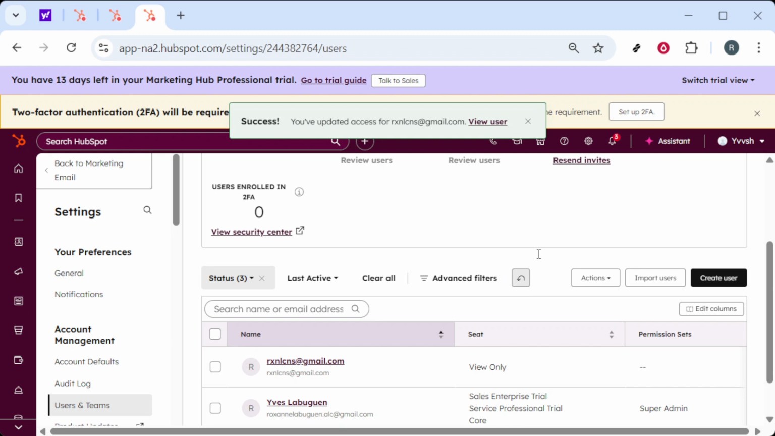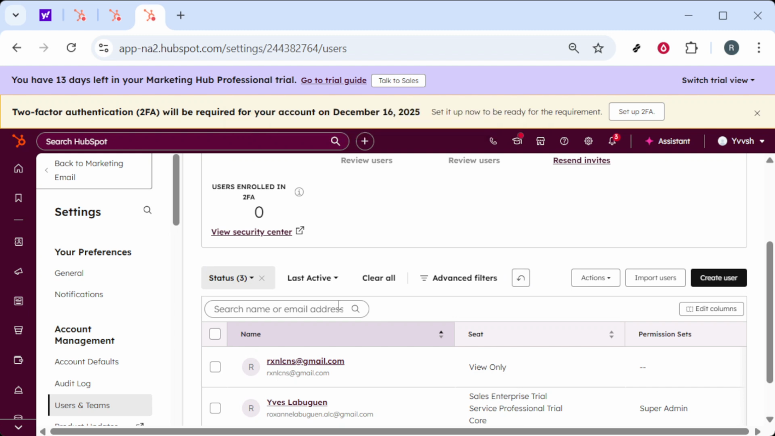smoothly. Keep permissions lean, only grant access to the people who need it, and revisit users and teams periodically as your team